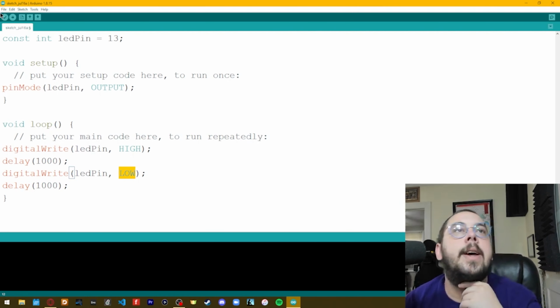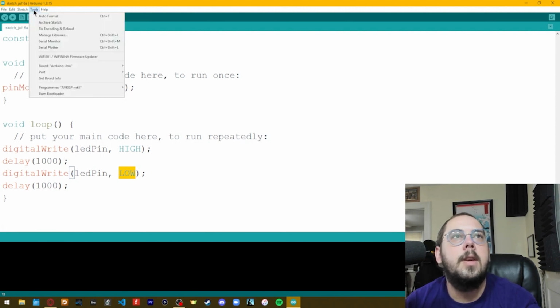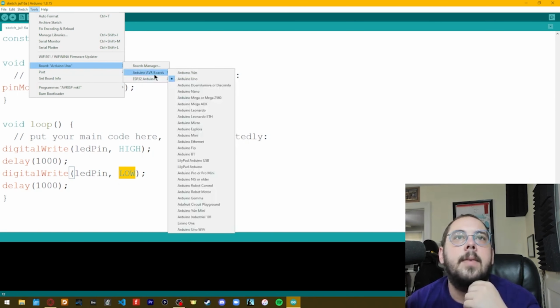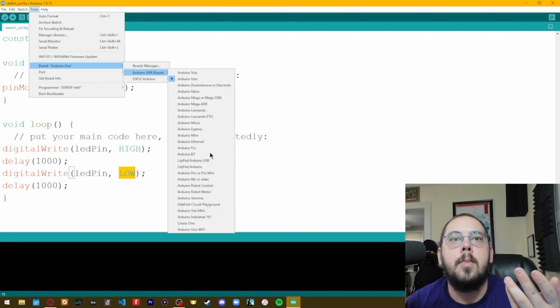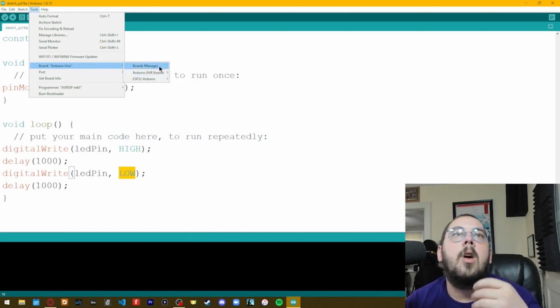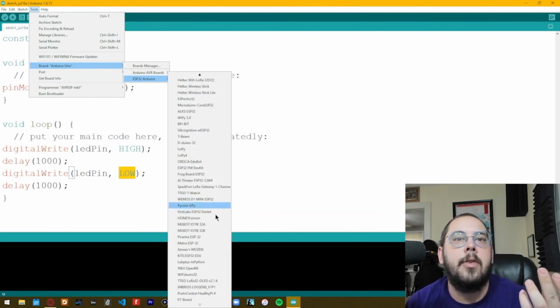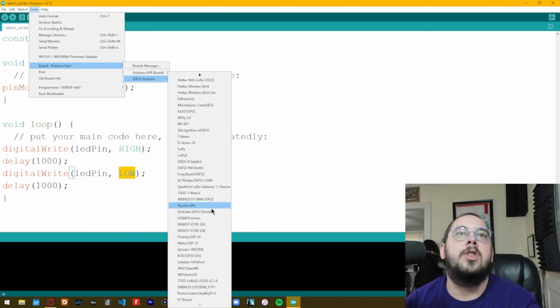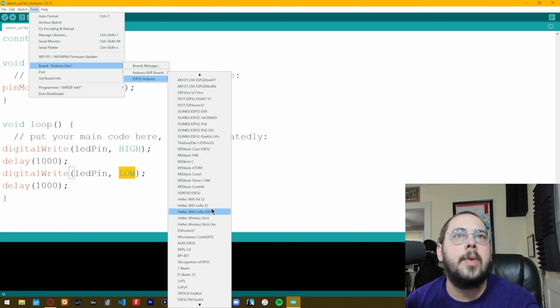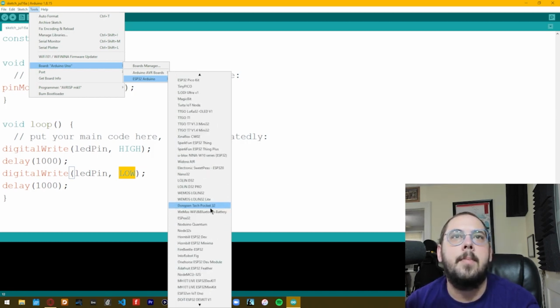In order to do that, once you've connected it, you're going to want to go to Tools and make sure that your correct board is selected, so you can go and find it here. Usually it'll be Uno, but here are the other Arduino boards. And if you have things that aren't Arduino, you can still use them here. I've got a whole bunch installed as part of a library for some other stuff that I do with non-Arduino based boards, but they use the same